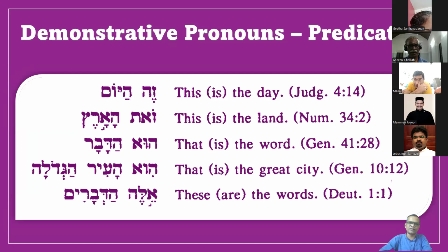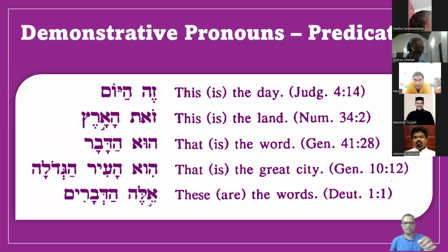That is right, demonstrative pronoun. But what you have to understand is that it is supposed to be hi, but it is hu. Especially in the Pentateuch, the first five books of the Bible, you will come across this hu instead of hi in some places, both for the independent personal pronouns as well as for the demonstrative pronouns. So we should not be confused. This is an exceptional case.